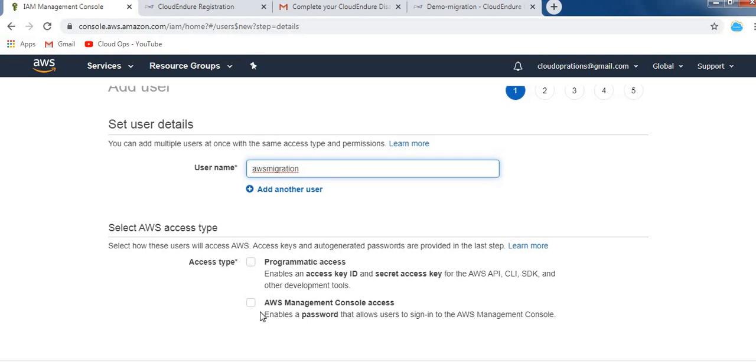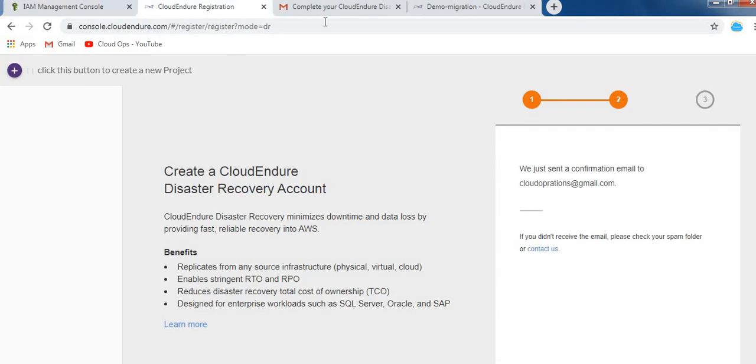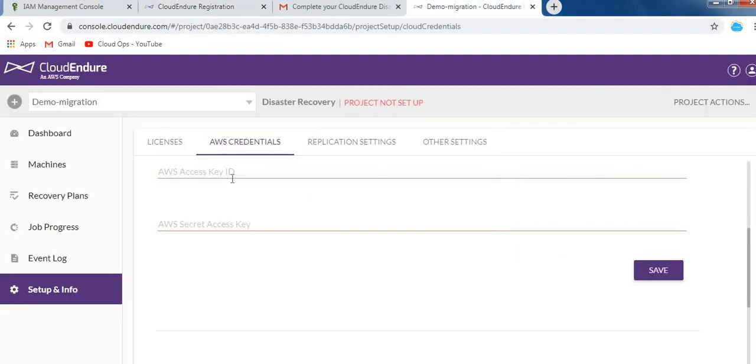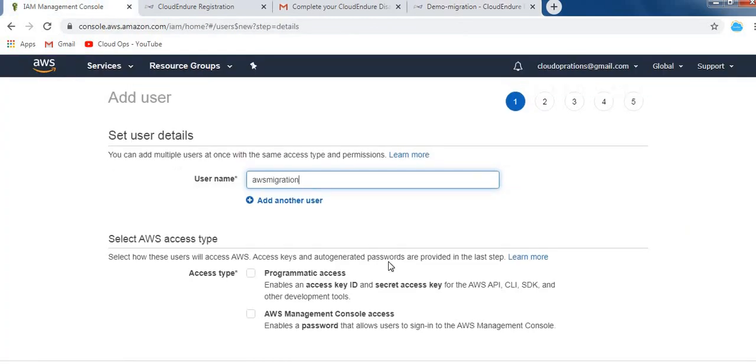What I need is the access key ID and secret access key.